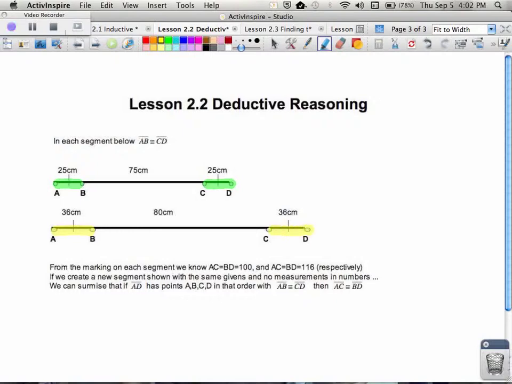From that information, if I knew that segment AC, which in this case, in the top figure right here, is 100, and I also know that BD is 100, then I know that AC and BD